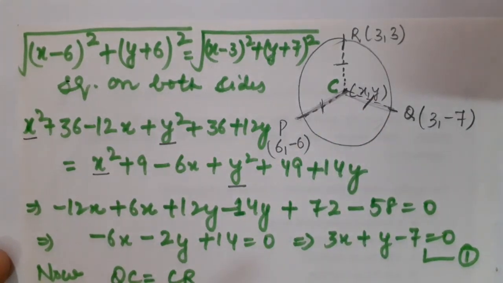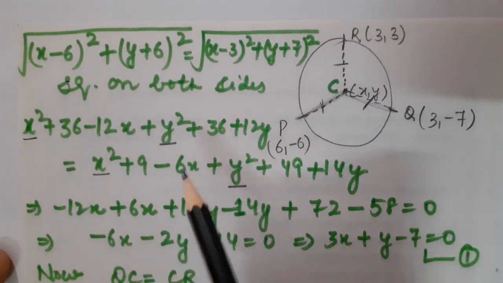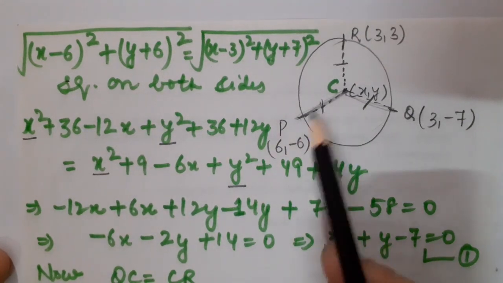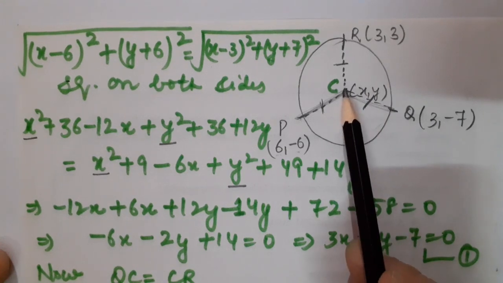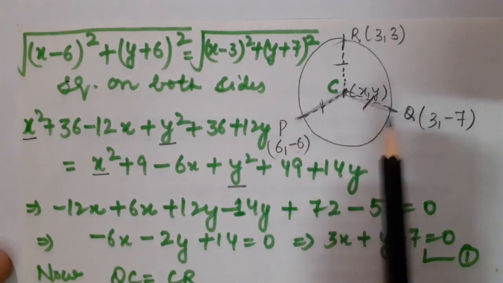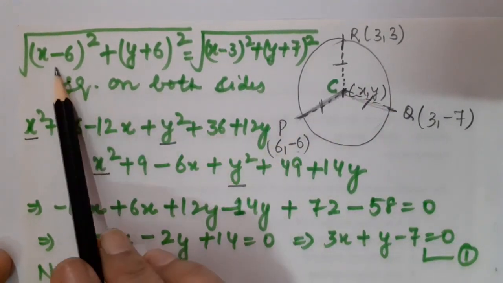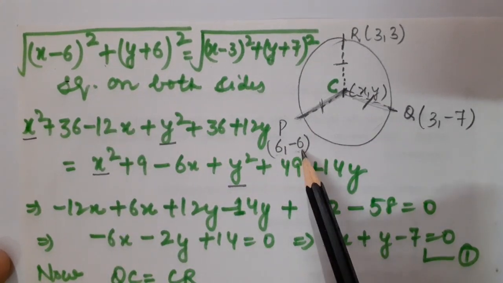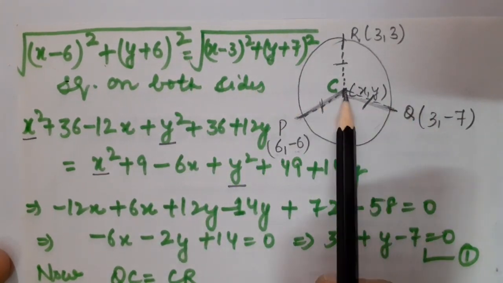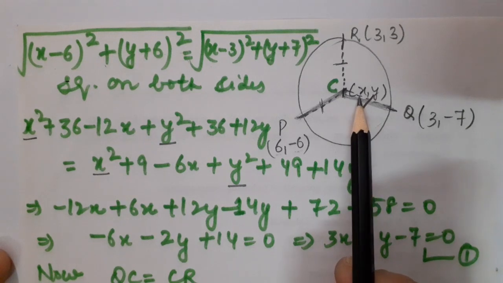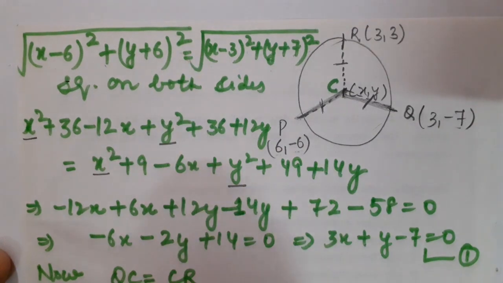So let us recall the distance formula now. It was square root of (x2 minus x1) whole square plus (y2 minus y1) whole square. Fine. So apply it. You can take either the coordinates of point P as x1, y1, or you can take the coordinates of point C as x2, y2. That depends on you. So now I am going to apply this distance formula. This is (x minus 6) whole square plus (y minus of minus 6, that is y plus 6) whole square, and whole under root. That must be equal to QC. On QC we are going to apply the distance formula now. This is (x minus 3) whole square plus (y plus 7) whole square, whole under root.